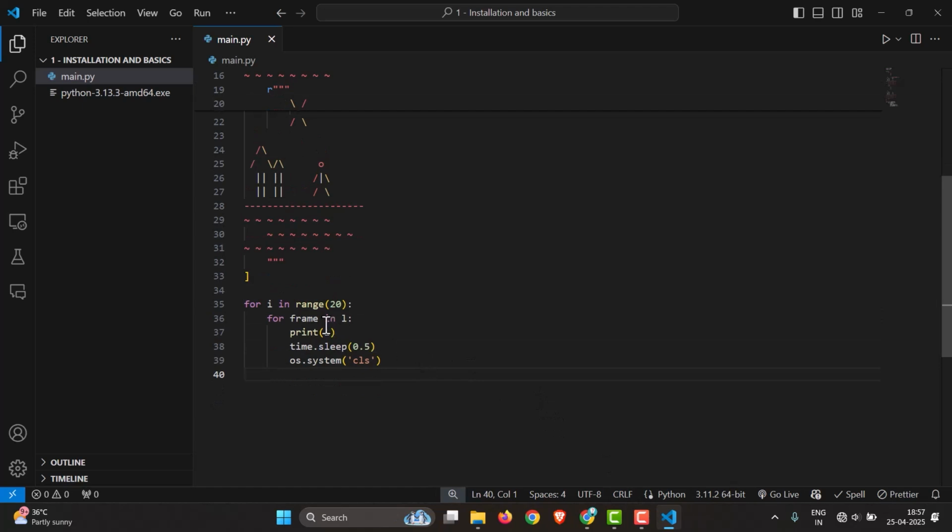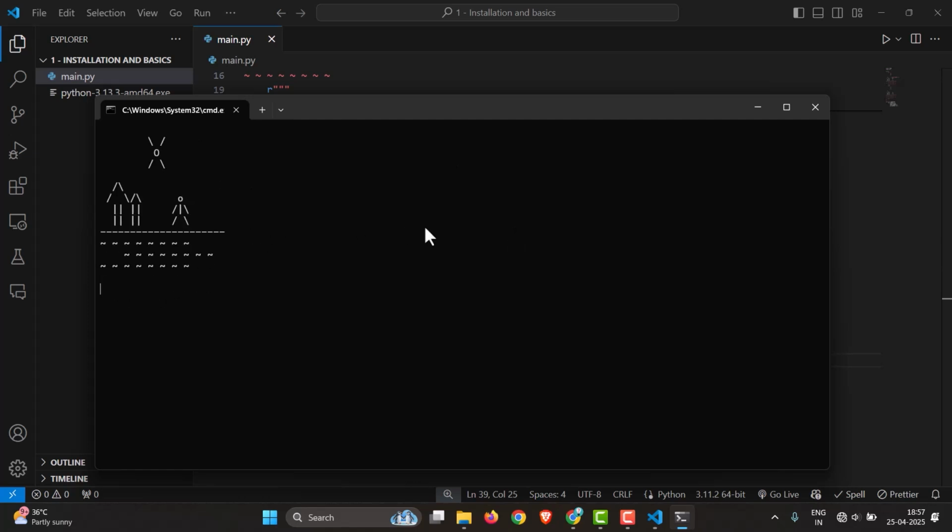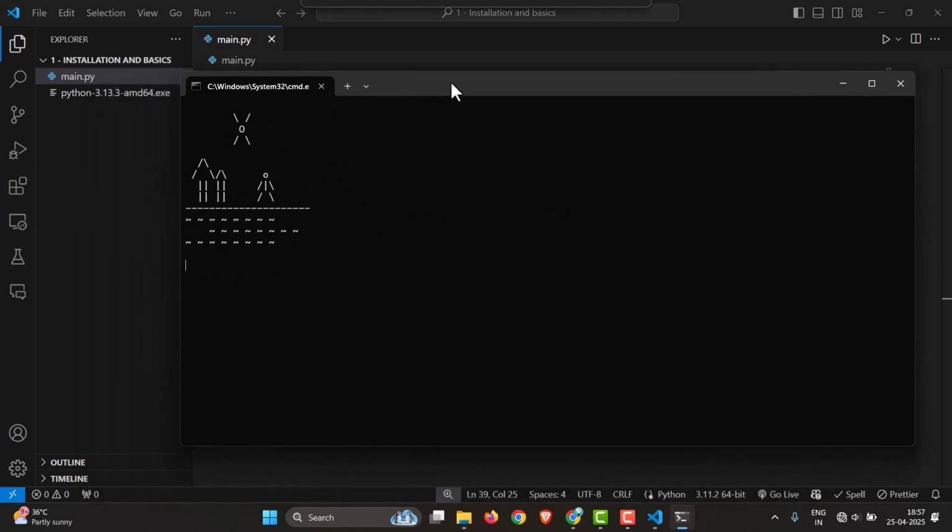Okay, one small correction. We want to print the frame and not the whole list. So we'll just put the frame in here. Now let's go ahead and run our program with python, or we can even use py main.py. As we can see over here, this is a very cool animation that has a